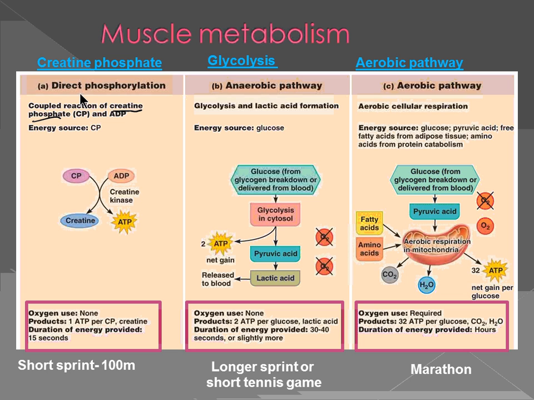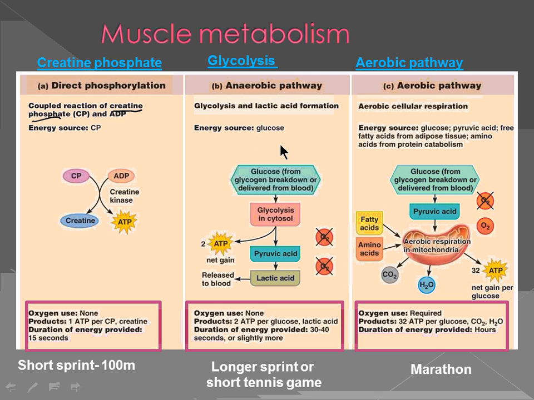Let's say you want to do something for a little bit longer, like maybe a 300-meter sprint, which somebody who is trained would run within 40 to 50 seconds, or you're playing a tennis game which lasts only about a minute maximum. At that time, you want ATP to be generated really fast so that it gives you energy to play that game. The method used here is known as the anaerobic pathway, or anaerobic glycolysis, where again